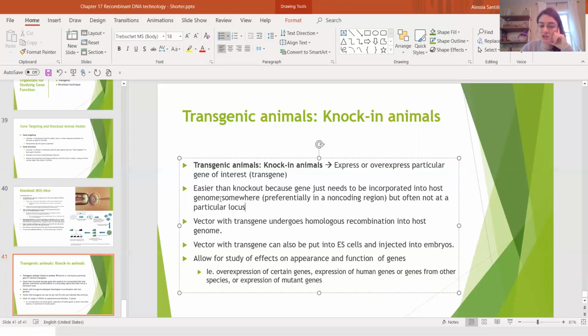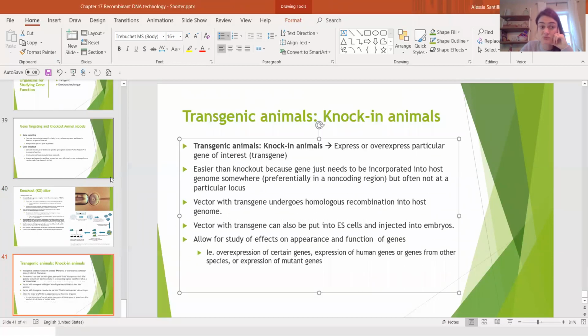So the vector with the transgene can also be put in the embryonic stem cells and injected into embryos. Again, very invasive process most of the time. So much like the embryonic injections that we saw before with the knockout mice, a lot of times the needle is so invasive that the cells don't develop properly, and you get kind of like a little monster. Anyways,